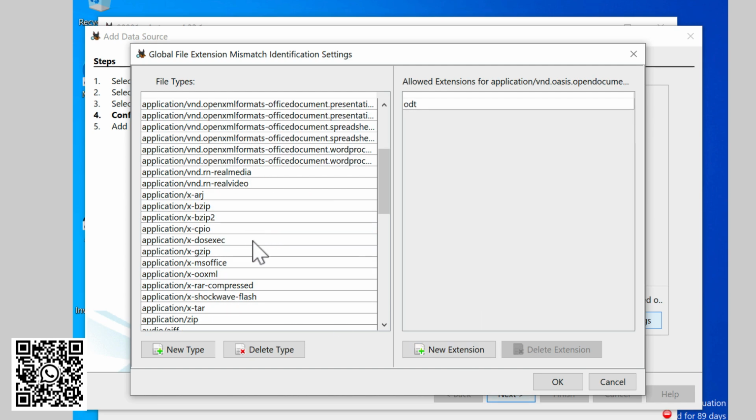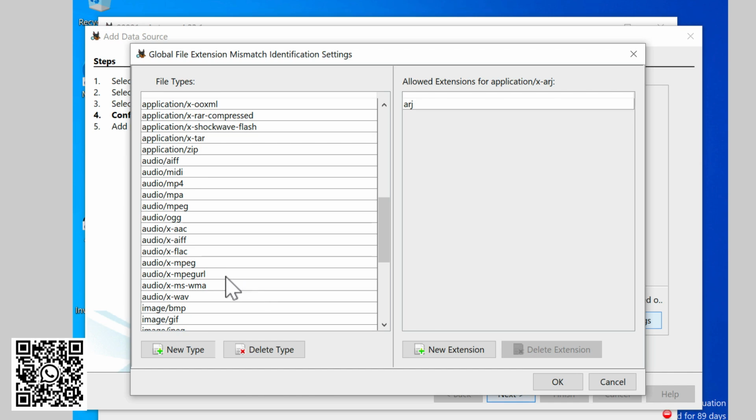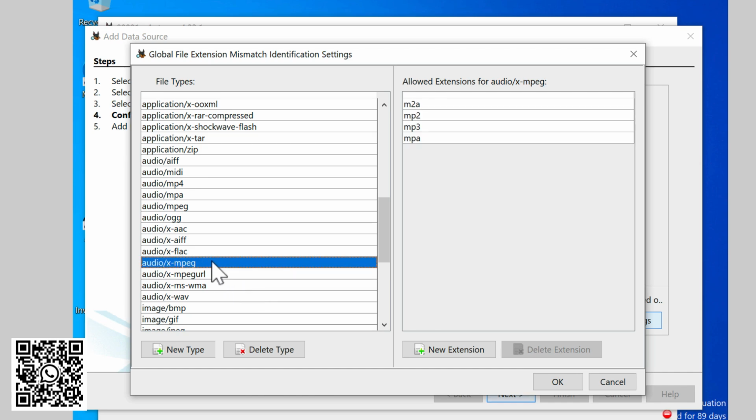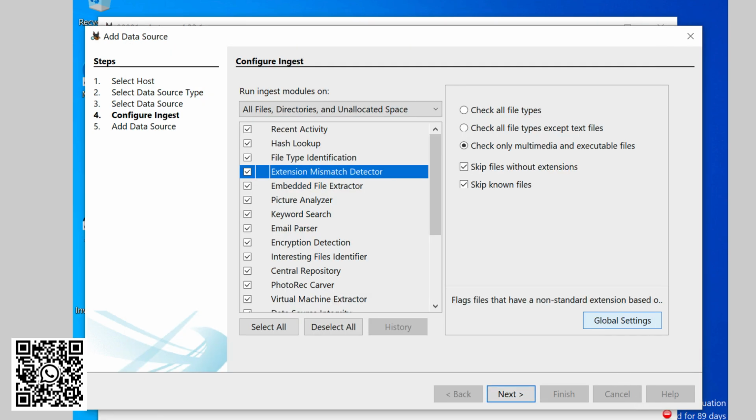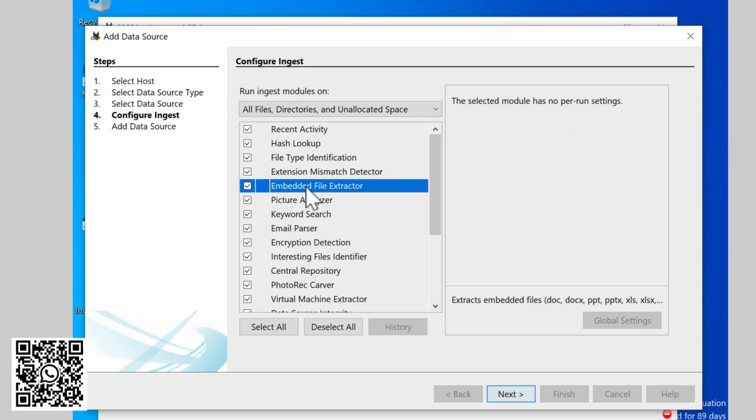So let's say if MS Word is using doc and docx, it has a lot of things. In audio we have MIDI files, MP3 files. In video we have QuickTime files. So extension mismatch detector basically uses the header of the file and the extension to find if the extension was mismatched, and it will flag automatically, so the investigation becomes way easier.